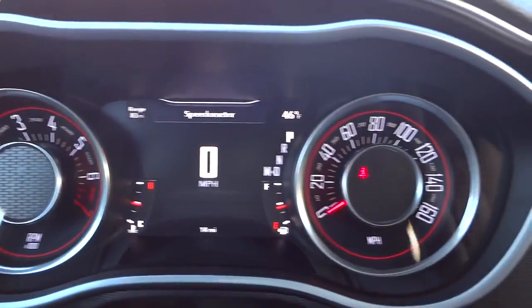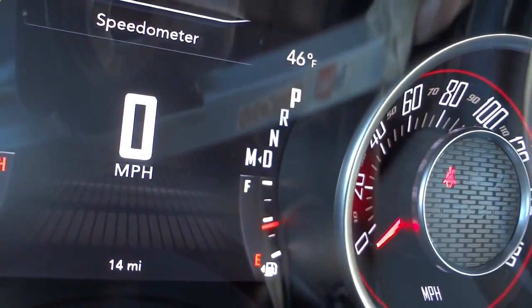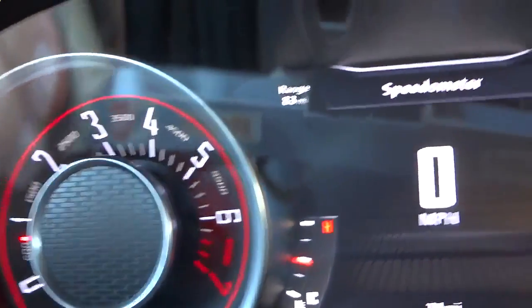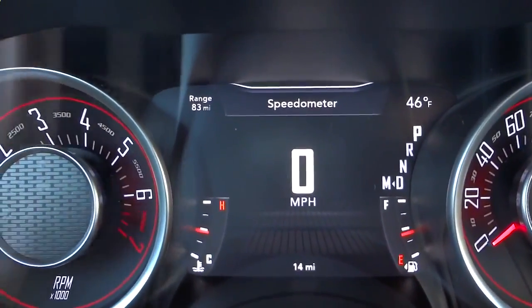There's the gauges. Now they have a retro style. I'm going to get a little closer here so you can see that the gauges have a little bit of a concave look to them to give them a retro look. I don't know if you can tell, but it looks pretty cool. Now it has a center screen right here,